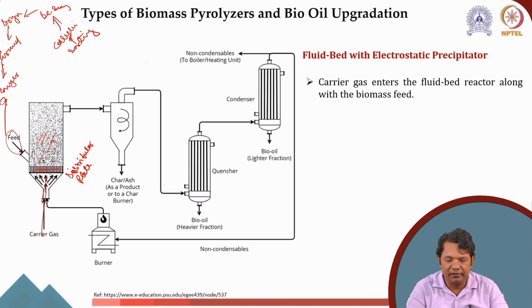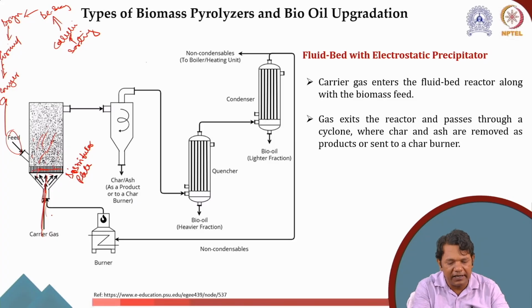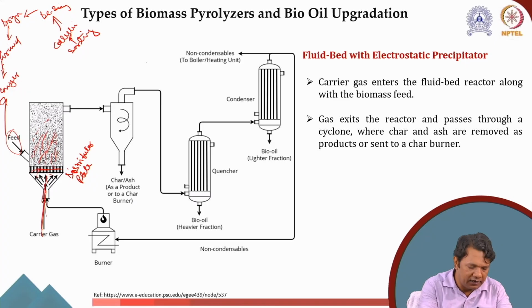Now here in this case, the carrier gas enters from the bottom and then it will go here. Initially it will try to pass, but if we keep increasing the velocity of the carrier gas, it will start pushing this up, and then there is a minimum critical velocity, or minimum fluidization velocity. If that is achieved, this will start floating herein, and whatever thermal cracking happens, let's say this is my hot gas. Whatever the cracking is happening, those vapors will pass through this.